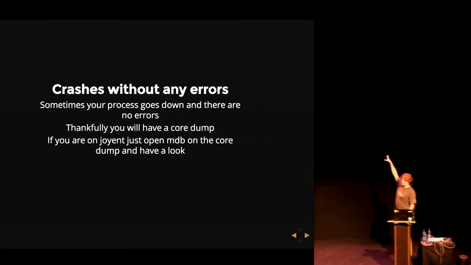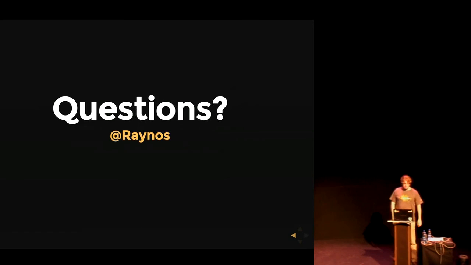So, to round up, some problems don't have any errors. Some errors will stay hidden from you permanently. You just can't handle them, you can't catch them, you can't log them. Your server's just going to crash, there's going to be a core dump, and the best thing you can do, hopefully if you're running on Joyent, is open up MDB on the core dump and just have a look. That's out of scope, because MDB is kind of large, and I don't have a Joyent VM available. That's pretty much it.